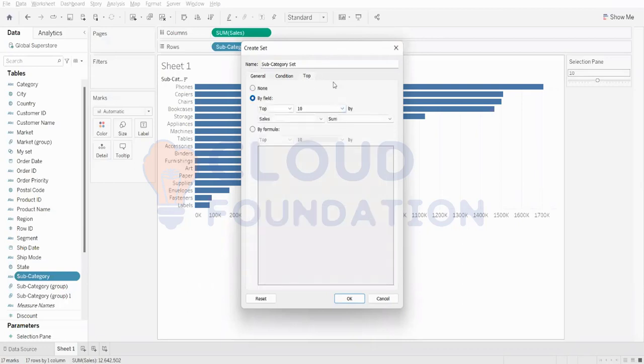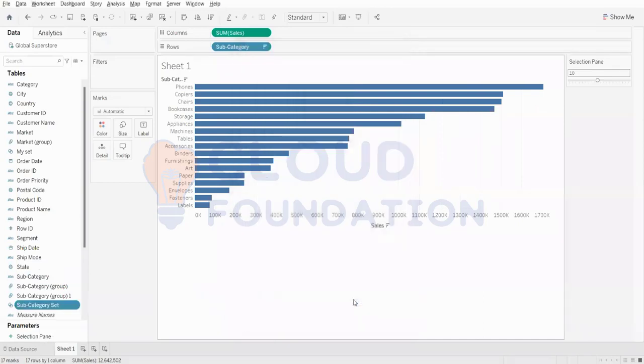is, by field, a set which will give me all those top 10 items, right? But over here we want to use the parameter which was created to select the top 20 items. So in my set, I want those top 20 items to be operated on and I want to see how the performance is with respect to sales. Okay, so once I'm creating this set, I'll select Top, and instead of the top 10, I already have this parameter created, so I'll select the parameter in here,